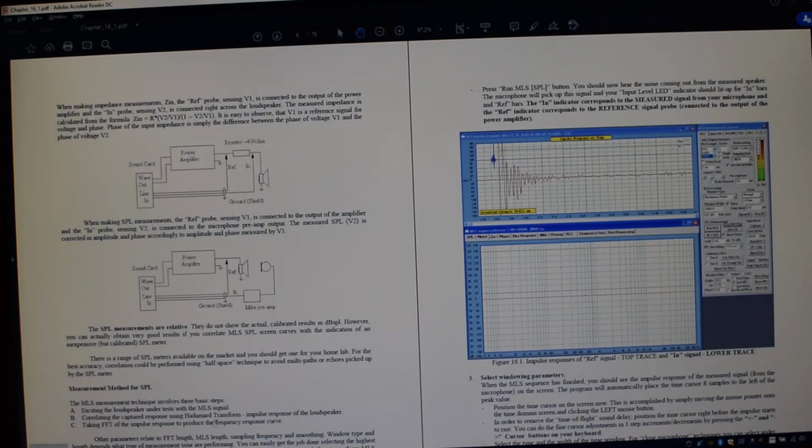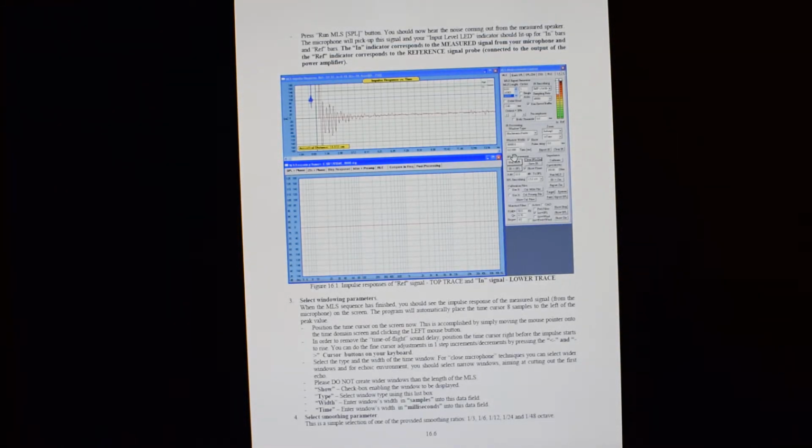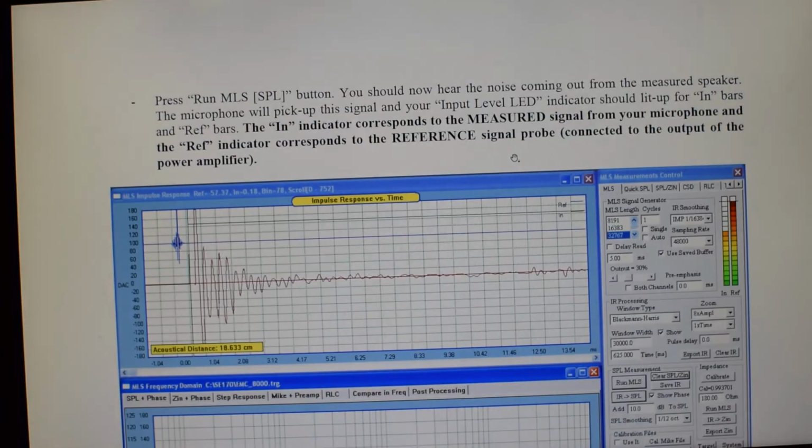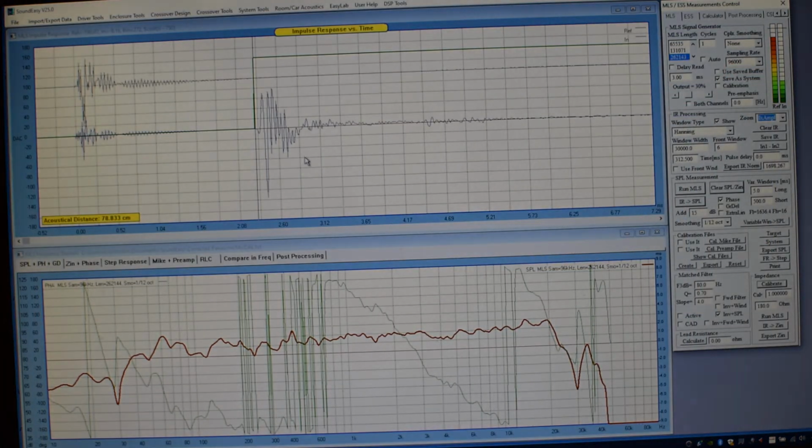So it was brought to my attention that, hey, your test signal should look like that, and I do remember it looking like that, but not with this motherboard sound card. A lot more cleaner. There's an echo here, which is normal. So I thought, okay, what if I use the